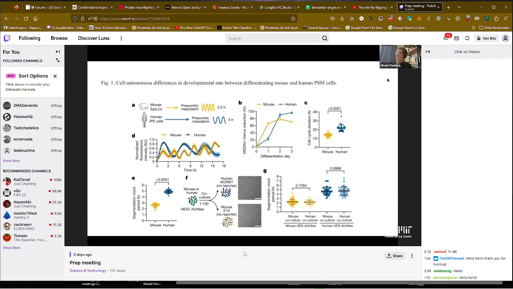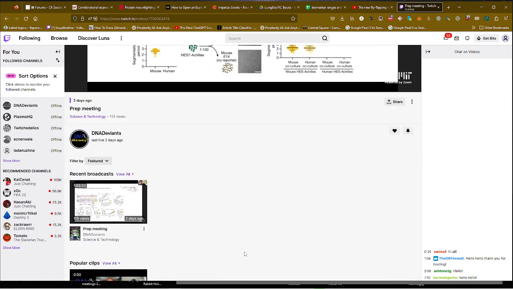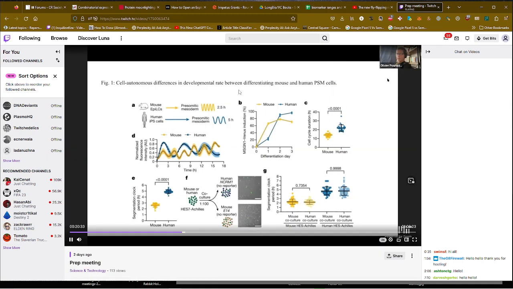Oh, that's a very good question. The whole difficulty actually was to find identical culture conditions that would work for both species, because if you start to play with the nutrients